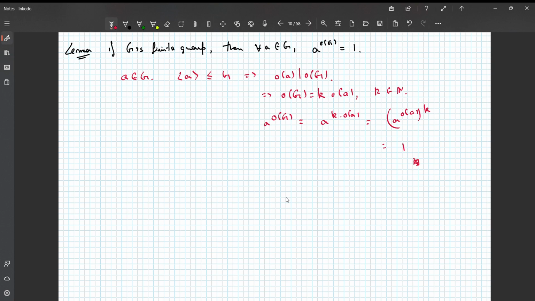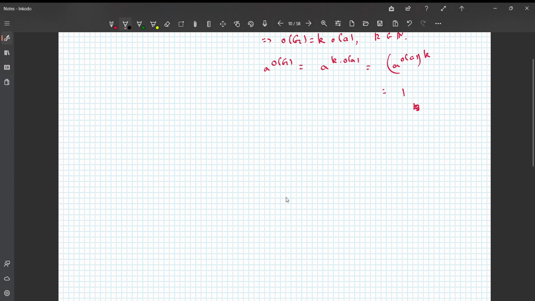Now we will prove a very important characterization of cyclic groups, or I should not use the term characterization, I should rather use the term a very important property of cyclic groups. Let me state this as a theorem. So if G is a cyclic group,